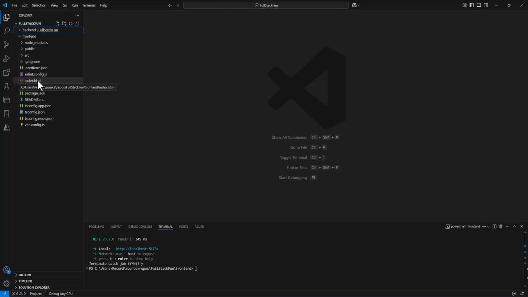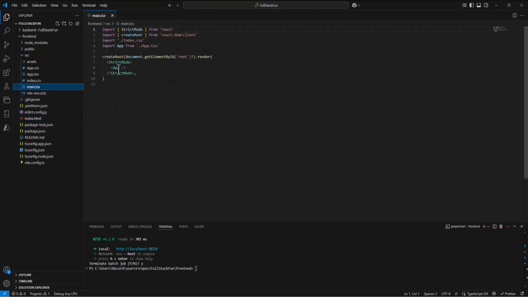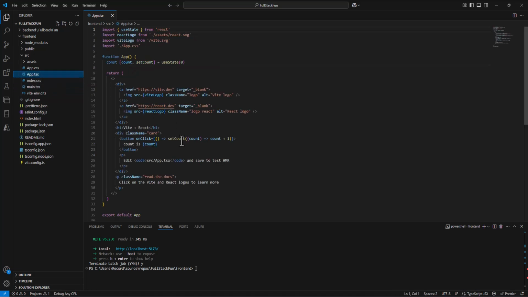So we know about, in the source folder, the basic setup. We have the index file, which is referring to the main TSX. The main TSX is calling the app component, which has all this information about Vite, which we'll fix in a minute. But what I want to do is go into our source folder, and we're going to add a new file called